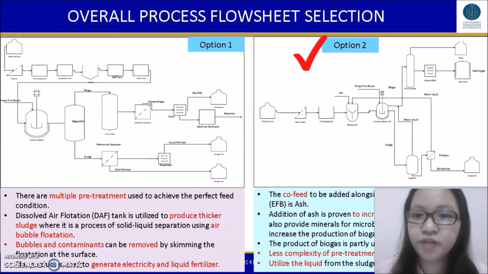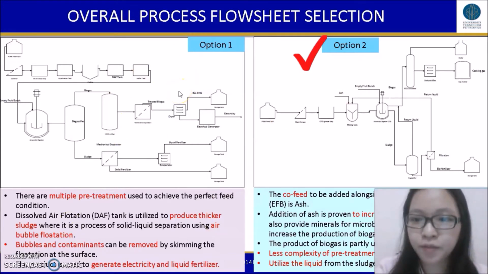The next one is the overall process flow sheet selections. For the overall process flow sheet selection, there are 2 options in searching the most feasible and profitable process flow for the biogas and biofertilizer production from pond. For the option